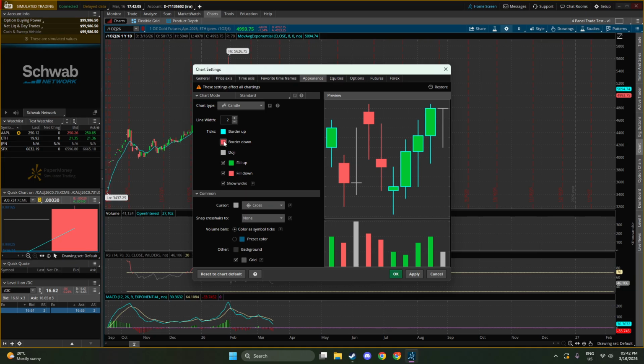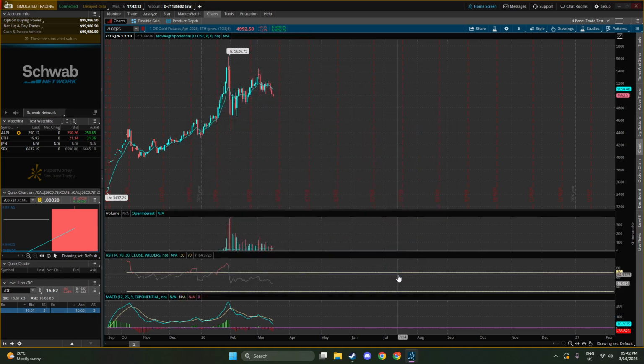Using a specific name helps you instantly recognize that this layout includes your daily view with quick access to 4-hour context, plus your EMAs, RSI, MACD, and volume. With this saved, you'll have a consistent, repeatable chart environment every time you open Thinkorswim, which is exactly